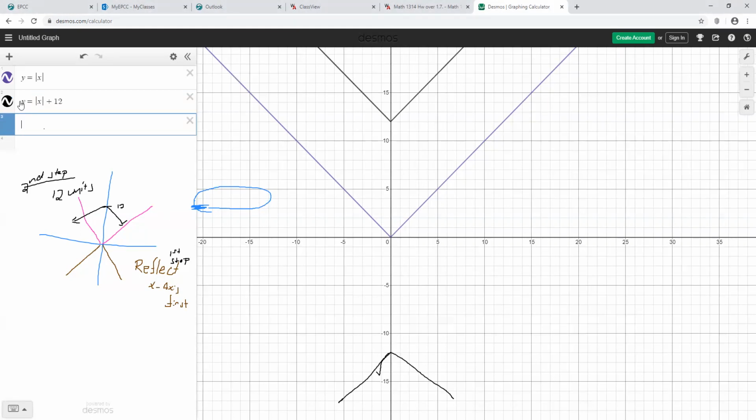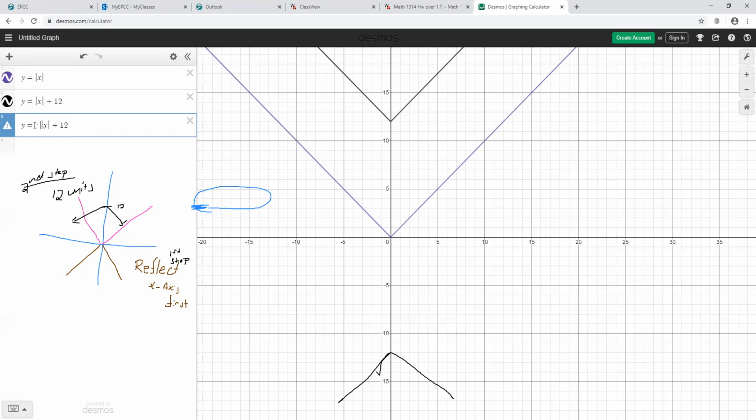So we're going to take this, and we're going to reflect it over the x-axis. So, what do we normally do, Megan, when we want to reflect over the x-axis? We have to multiply by what number? -1 outside. Outside. So, times,